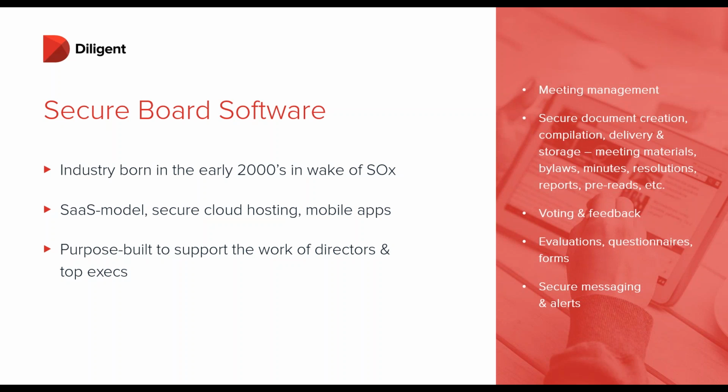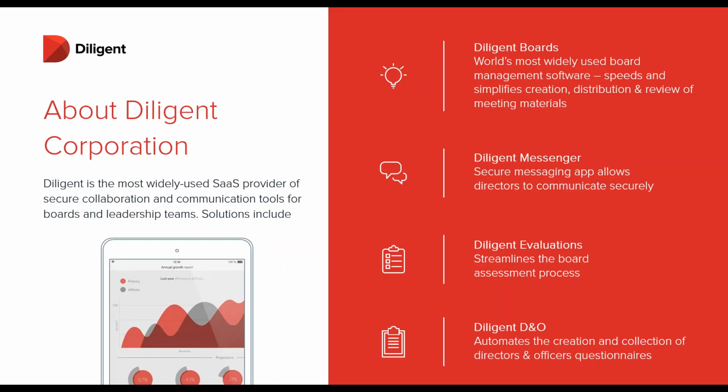And then maybe on from there, doing some board development work, things like our annual directors and officers questionnaires, or maybe our board self-assessment if we're required to do that by our exchange. Maybe just getting some basic feedback on things. And then finally, having a way to alert and message the directors in between meetings. So those are kind of common features of a lot of the software packages that are out there.